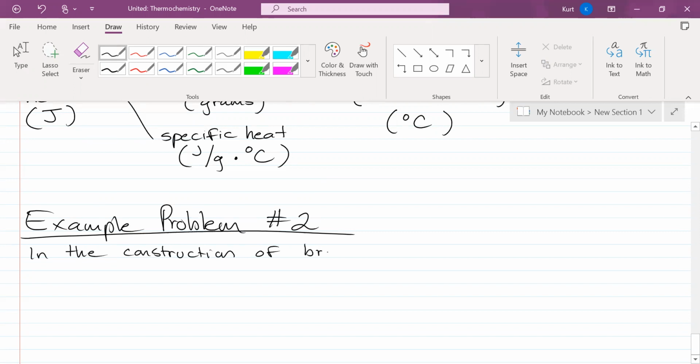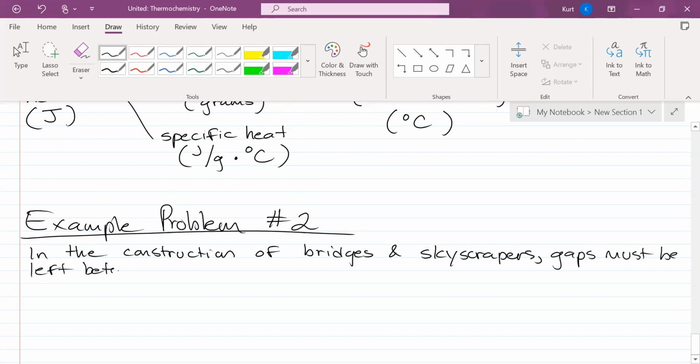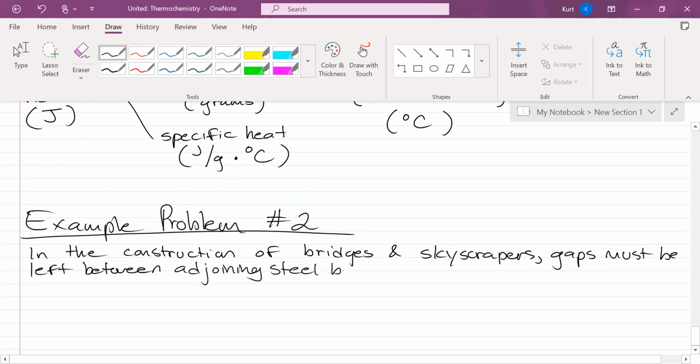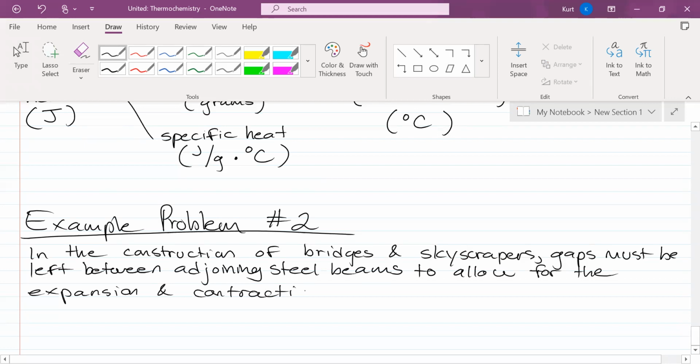In the construction of bridges and skyscrapers, small gaps must be left between adjoining steel beams to allow for the expansion and contraction of the metal due to heating and cooling. Have any of you ever put chicken nuggets or a pizza in the oven on a pan,